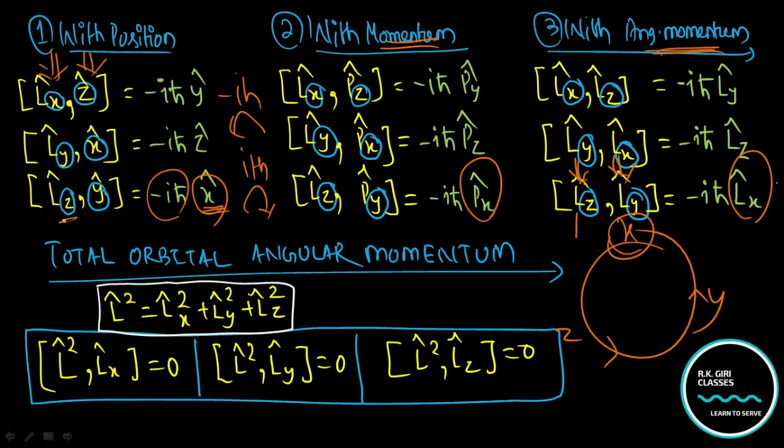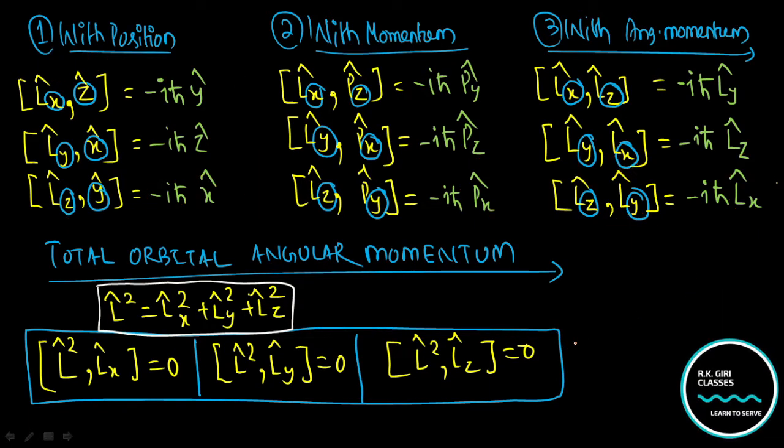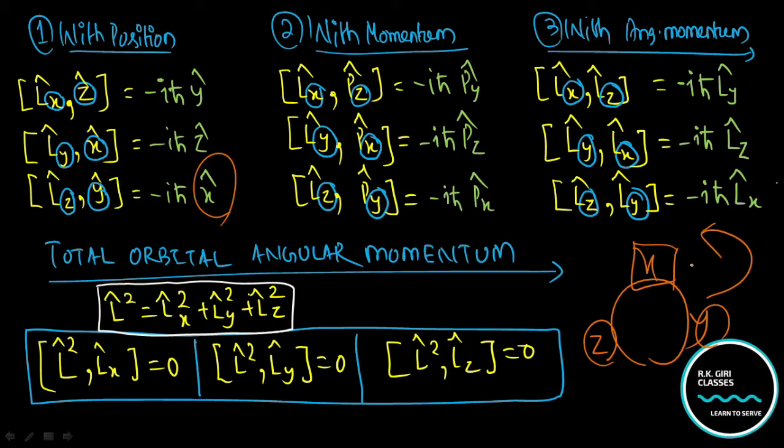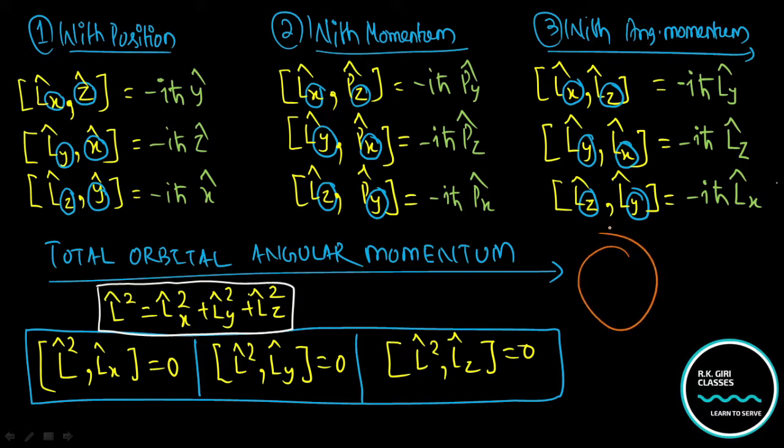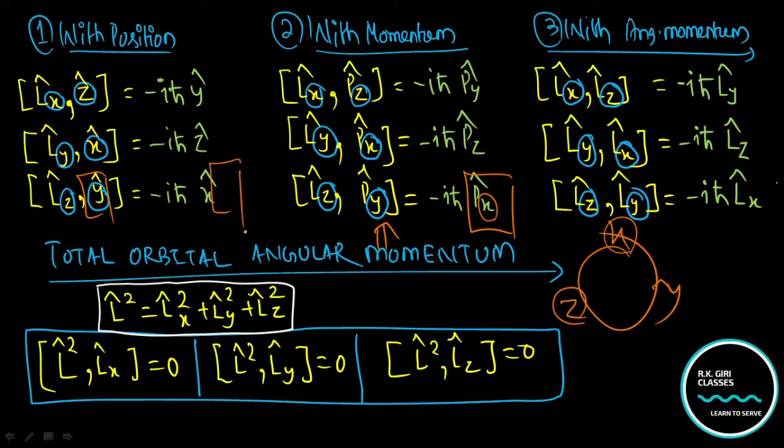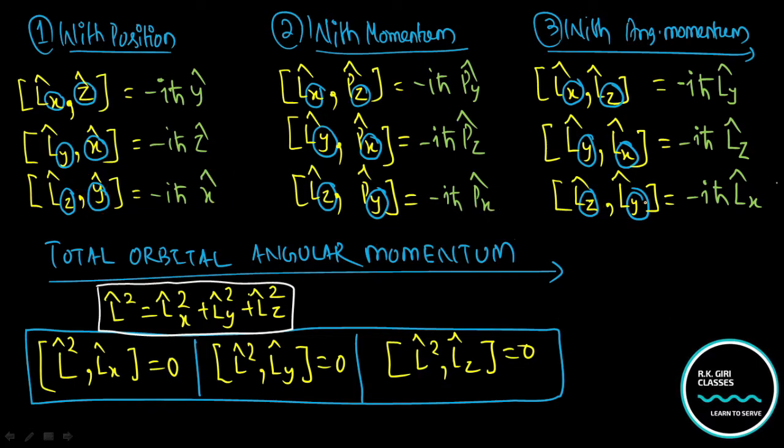This is minus i h cut, starting with z, moving towards y, and the rest part will be x. Since you are moving anti-clockwise, this is minus i h cut, and this is px. Same condition: starting from z, moving towards y, the rest part is your x, and since this is momentum, you will find px there. If this is position, you will find only x there. If this is your angular momentum, then the result will be angular momentum, but the coordinate will be x. Clear this part?